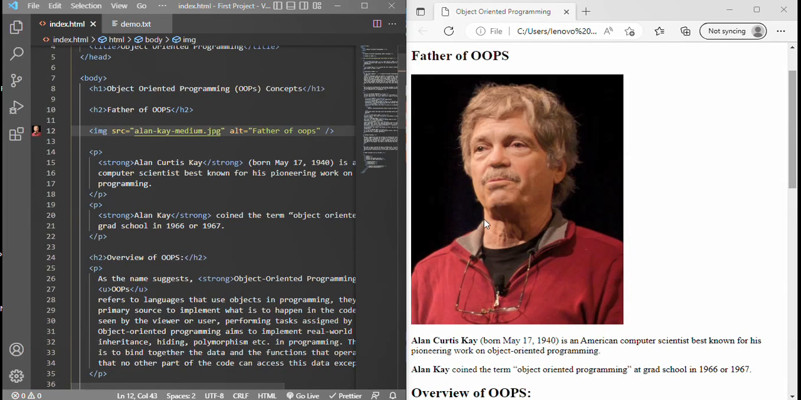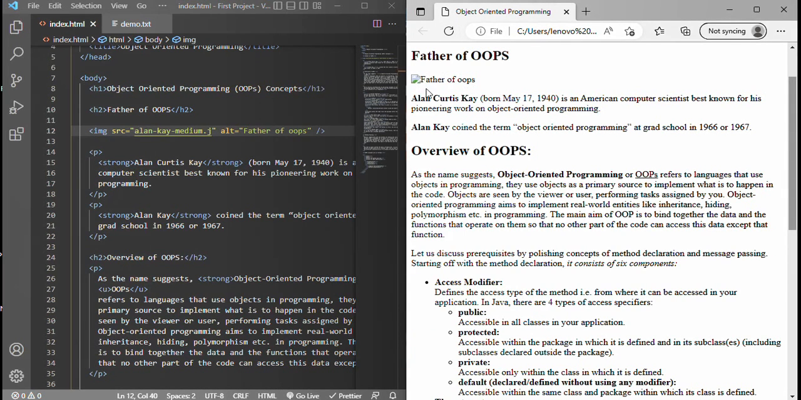If the image connection is lost, the image will be represented directly with this alternative text, "father of hoops". For example, if I lose this JPG, I lose the folder and I can't find it. Once I save and restore it, see here,